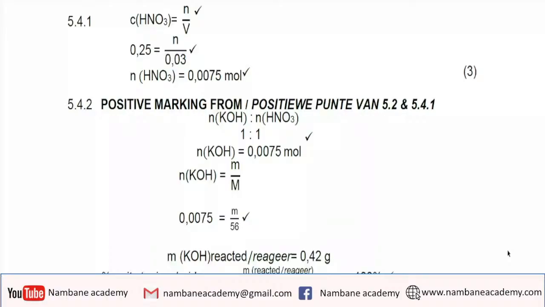The substitution into that purity formula as 0.42 over 0.9 multiplied by 100 gets the fourth mark, and their percentage purity will be 46.67% for using the